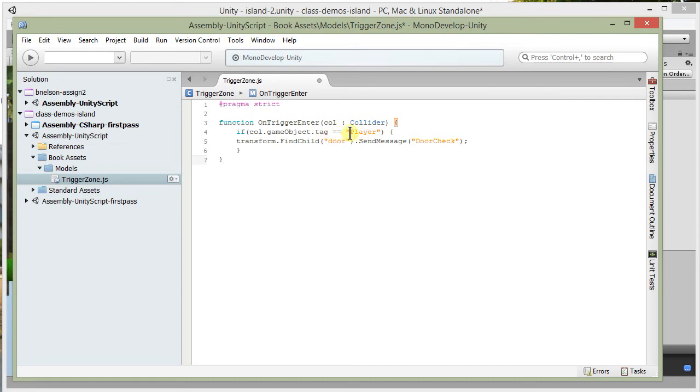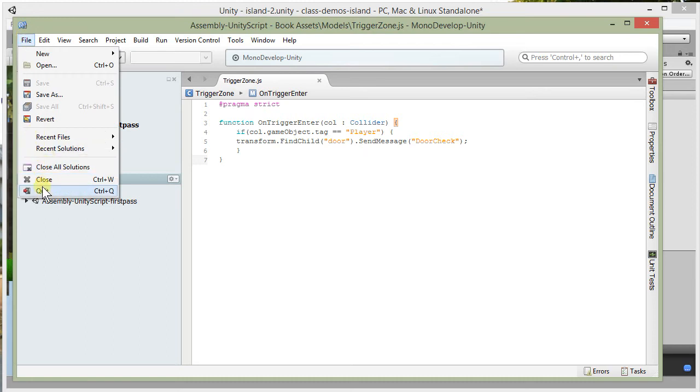And if it does have the name player, then we are going to find the door child object within our outpost model and send it a message, which is door check, which is obviously calling another function that we have yet to write. So save that